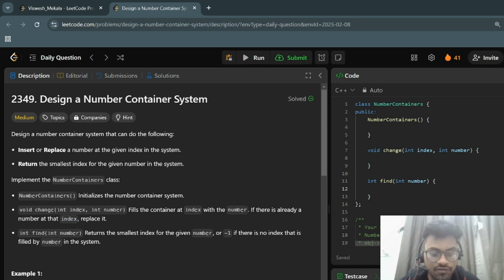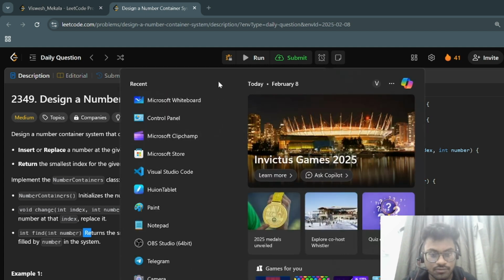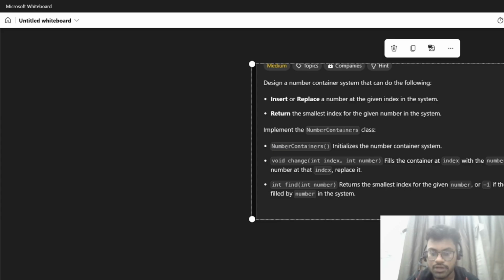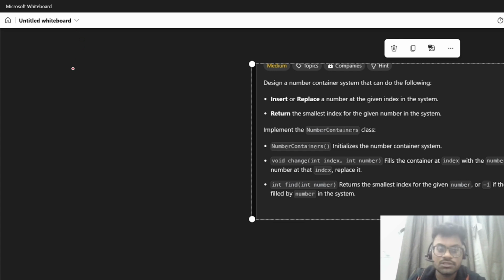And int find number. For this function we need to return the smallest index for that given number. If there is no index for that particular number, we just need to return -1 as our answer. So I'll explain it through my Microsoft notebook so that you get clarity about everything. We need to design two functions, void change as well as int find. Here, as you look at the question, the constraints for these questions are